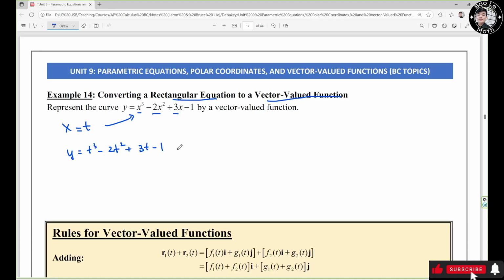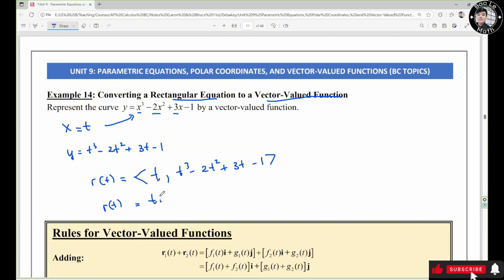Then you have the vector valued function r of t, you just write it this way. It could be s first, which means t, comma, and then y should be t cubed minus 2t squared plus 3t minus 1. Or you can write this vector valued function in the i and j components, which is